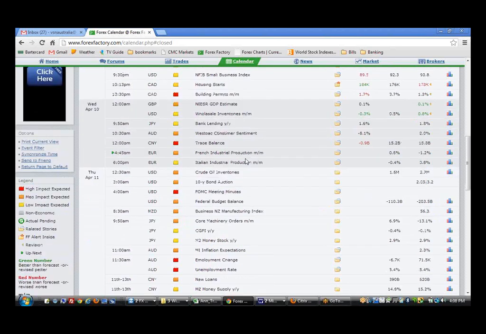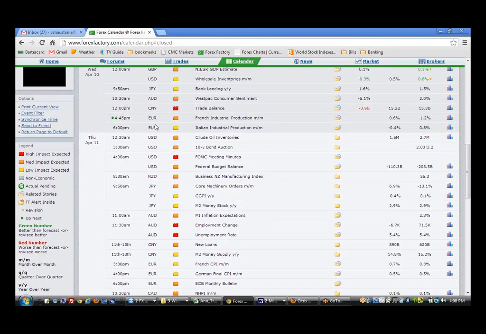So for today's reports, there's a medium report. Now this is in Australian time. I set it to Australian time, so it's much easier for me to see when the reports come out when I trade. There's a medium one on the Eurozone, French industrial production, and a low impact one for Italian industrial production. Anything with the Eurozone, I find that it affects the euro against the dollar or the euro against the yen, even if it's a low impact one.